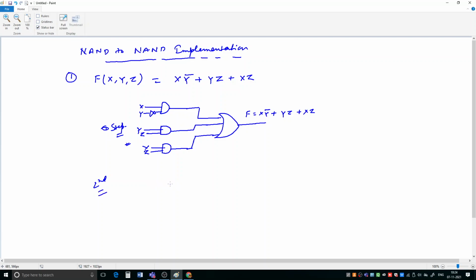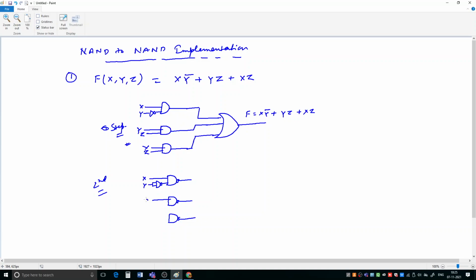So here we are having this NOT gate. So NOT gate, first let me draw this one. This AND gate should be replaced by a NAND gate. So I am replacing. Then this AND gate has to be replaced by a NAND gate. Then this third AND gate has to be replaced by a NAND gate. Now in this we are passing this as input. Now we are having one NOT gate. So NOT gate will be replaced by a NAND gate. So how will we replace a NOT gate? Like this we will replace it with a NAND gate.